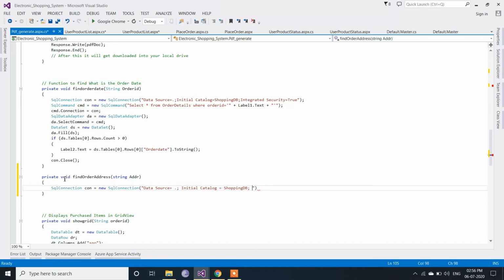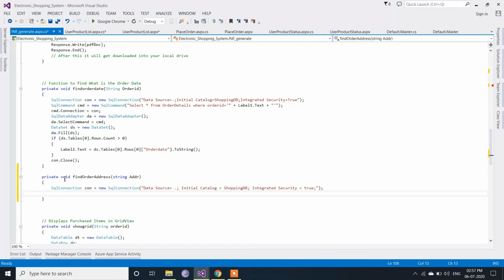After that, the third one, that is integrated security. Integrated security is true. So that's it for the SQL connection.